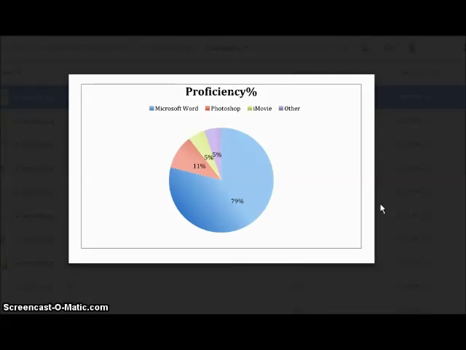So this is an okay chart. It's pretty good. The title could be better. We don't know proficiency percentage of what exactly. The labeling of the colors is good, but the use of this gradient, if you can see it, right? So this person used these gradient colors for the pie chart, which was probably not the best idea for this